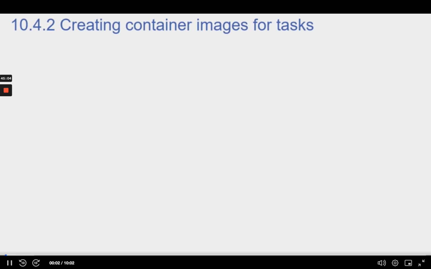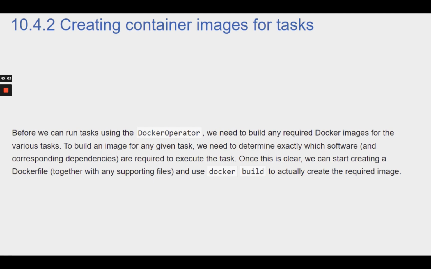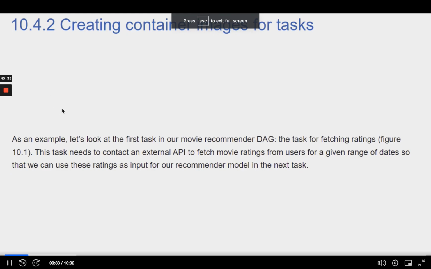Section 10.4.2. Creating container images for tasks. Before we can run tasks using the Docker operator, we need to build any required Docker images for the various tasks. To build an image for any given task, we need to determine exactly which software and corresponding dependencies are required to execute the task. Once this is clear, we can start creating a Dockerfile, together with any supporting files, and use docker build to actually create the required image. As an example, let's look